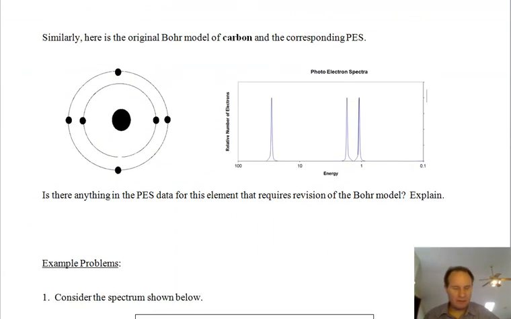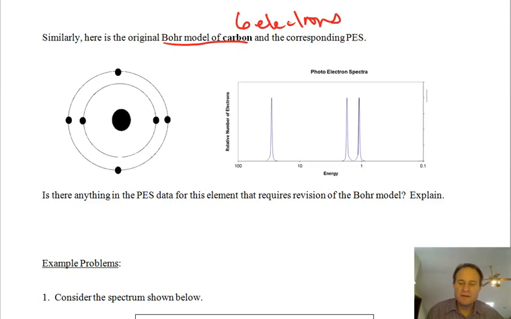If we look here at the Bohr model for carbon. Now carbon, I look at my periodic table, carbon is element number 6. So we have 6 electrons for our carbon. Again, in the Bohr model, we have 2 electrons on the inner ring. And then, to make things clear, I'll show the outer electrons on the next ring. It has 4. So according to the Bohr model for carbon, we have 4 electrons on the outside that would